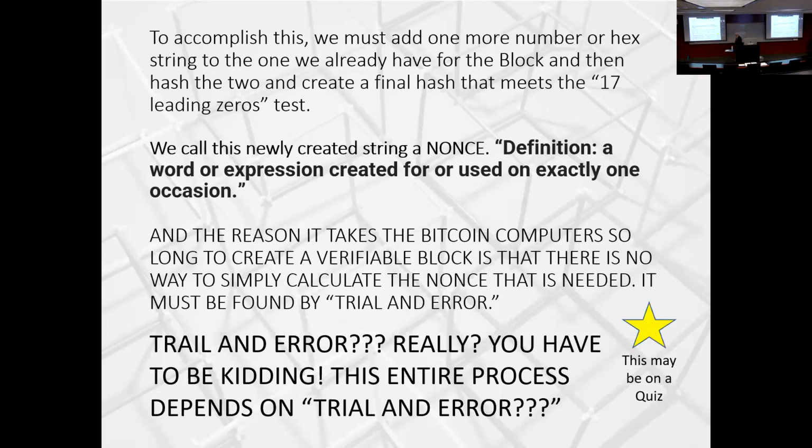We add one more number. So we got our final hash at the top of the Merkle tree. But the probability of its having 17 leading zeros is virtually 0. So now we want one that has 17 leading zeros. How do we do that? And the answer is we have to keep adding numbers to it and rehashing. So this is why mining of a single block may take as much as 10 minutes.